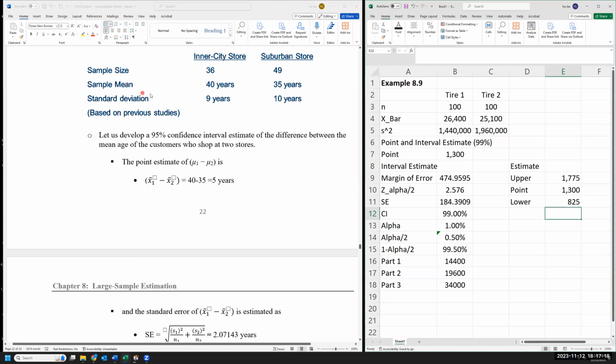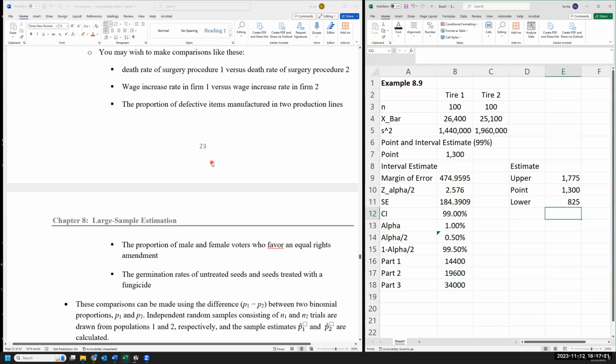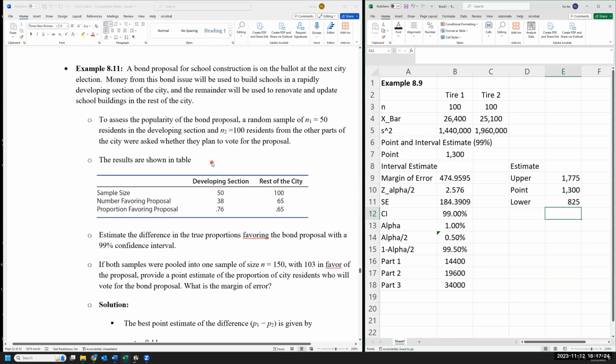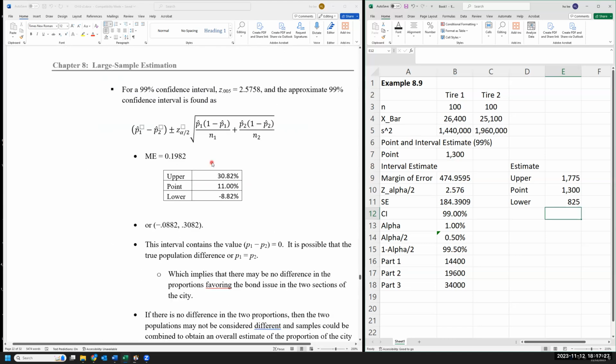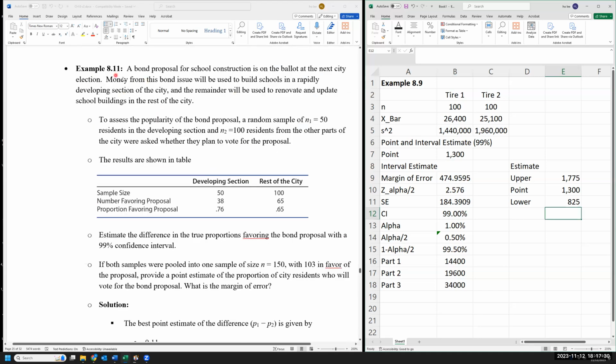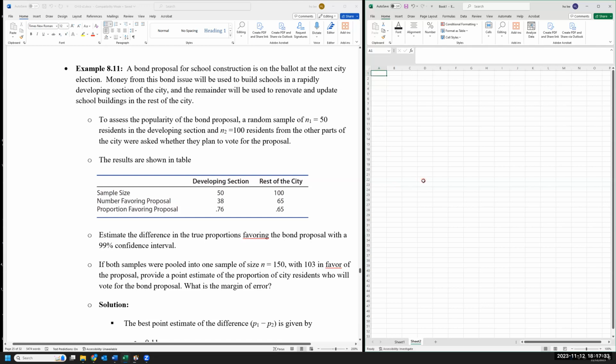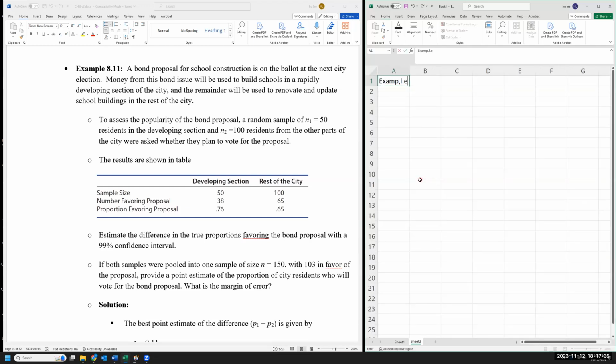I'll leave this other example for the mean for you. So we'll do one for the binomials, okay? We'll do, say, this one, example 8.11. A bond proposal for a school construction is on the ballot at the next city election. Okay, they're going to borrow money to build a school. The money from this bond issue will be used to build schools in a rapidly developing section of town,